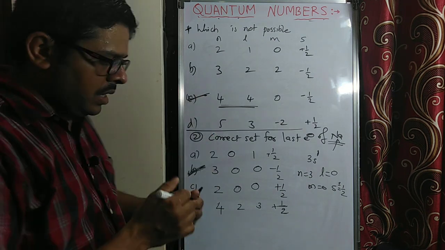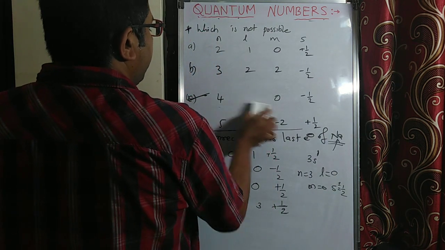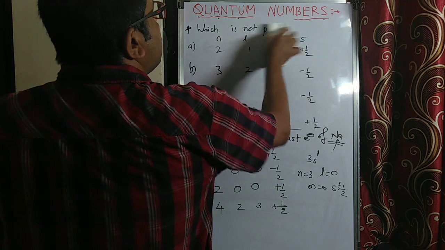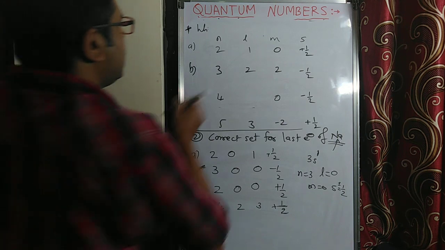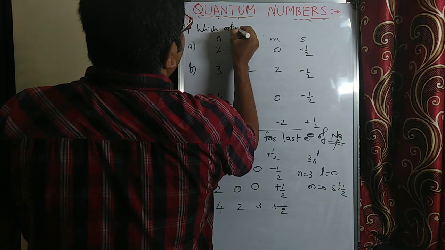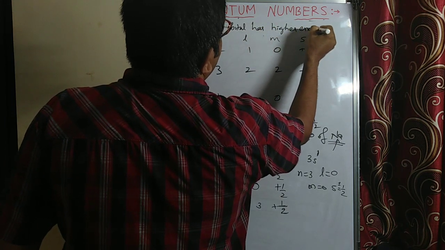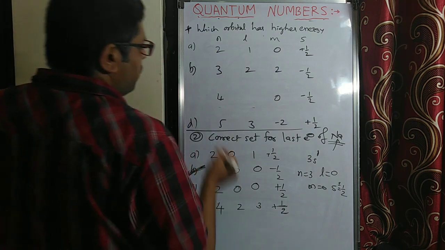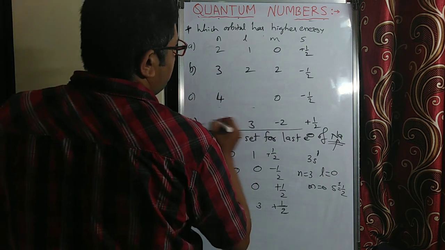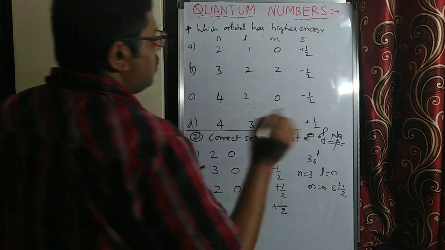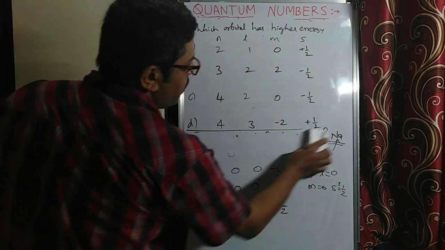So then another type of question. I will make the change here only. See, the question is, which orbital has higher energy? They have given, then here this also I will write as n is equal to 4. Here, option C, if 4, so it is 2, 0, minus half. So out of these 4 options, which one is having higher energy? They have asked.